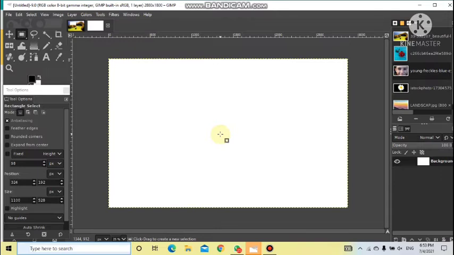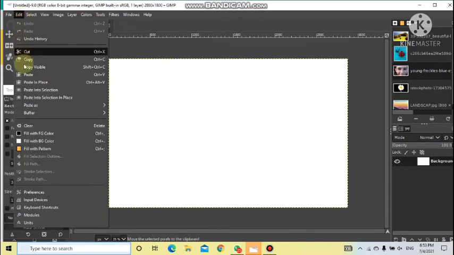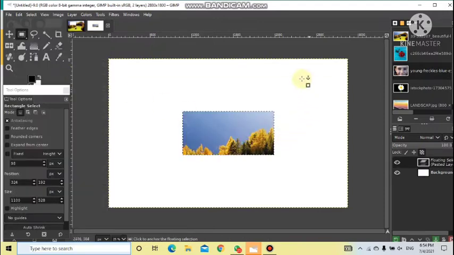If you directly paste it, using only the paste option from the Edit menu, then it will be in the center of the new document. And if you use paste in place, then in the previous part where you made the selection and the current selection area is there, on that part only your selection will be pasted. You need to understand it in a different way. So I'm just clicking on paste. You will see the selected part will be pasted in the selected area.